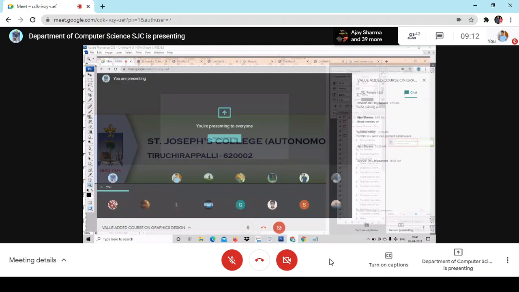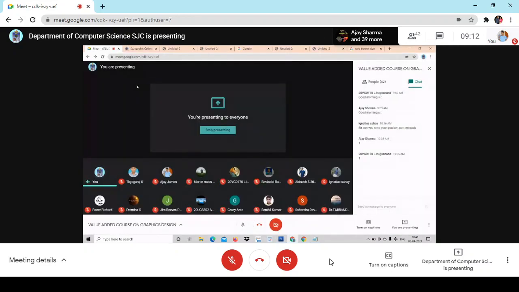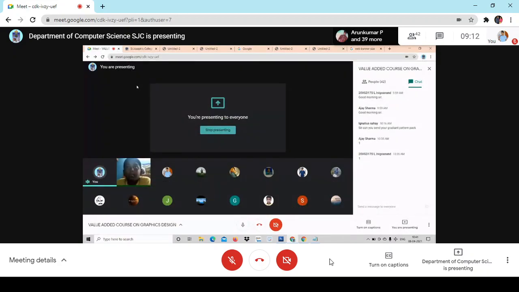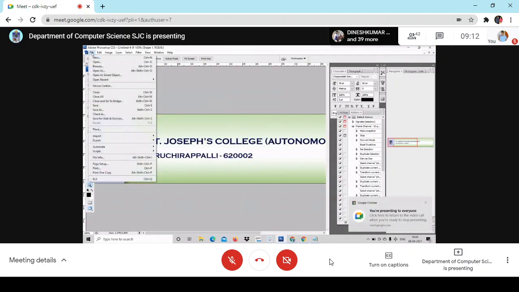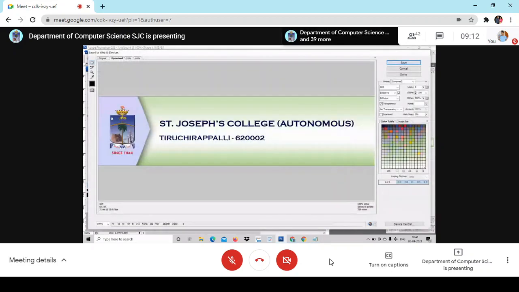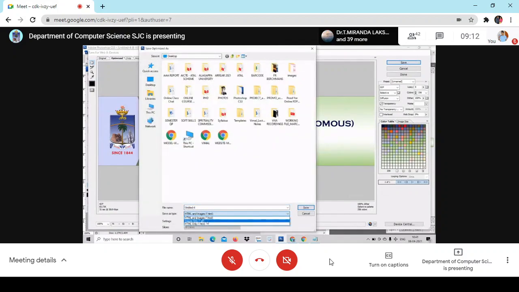Now, any clarification with the web banner and website design? Please tell me. So while you save it, it has to be saved as HTML and image. HTML and image, don't forget. Or if the programmer wants it as a JPG file or GIF image, generally it is saved as a GIF image. Once again, I shall show you. I go back, right click, save for web. Click save for web. You will have to do that process. Okay, save for web. And see here, save. When you click save, you have got GIF image, only GIF. So you will have to use it as a GIF image, web banner.